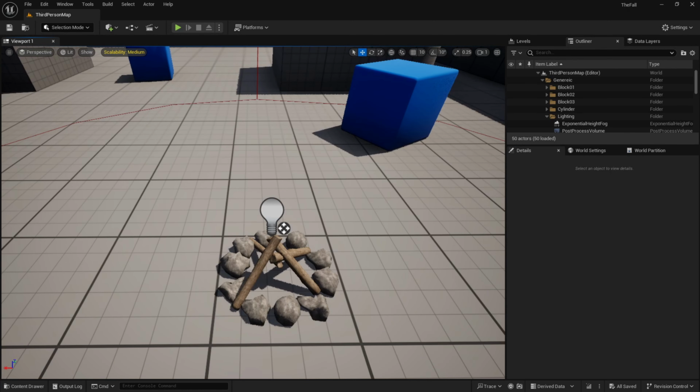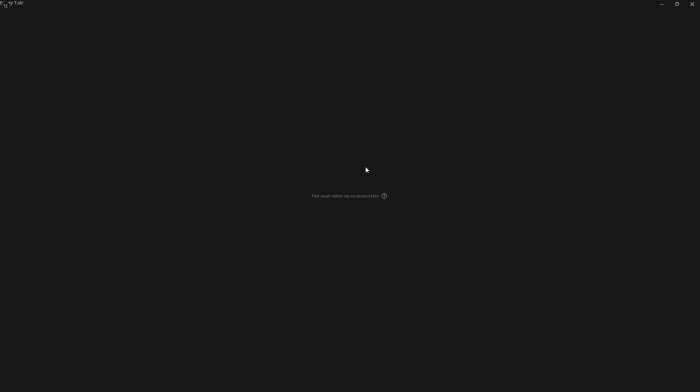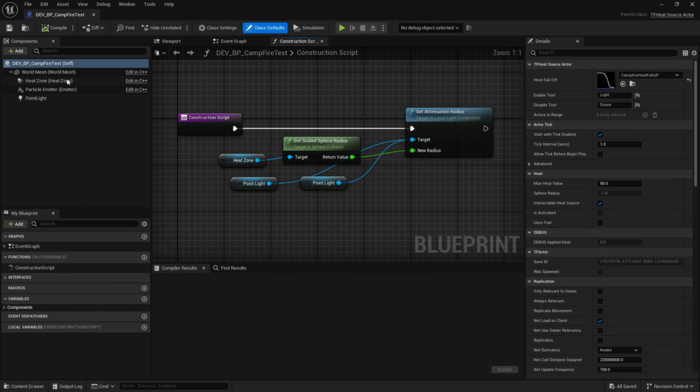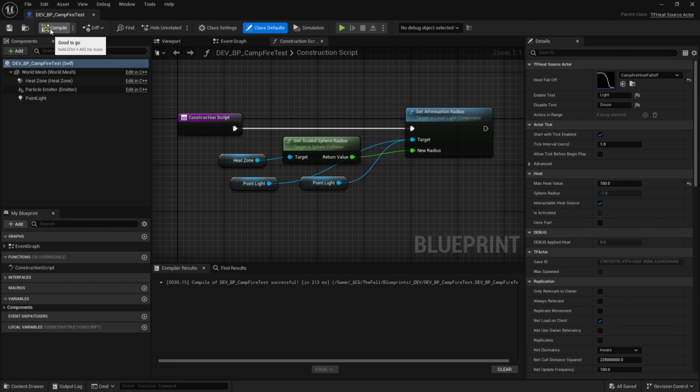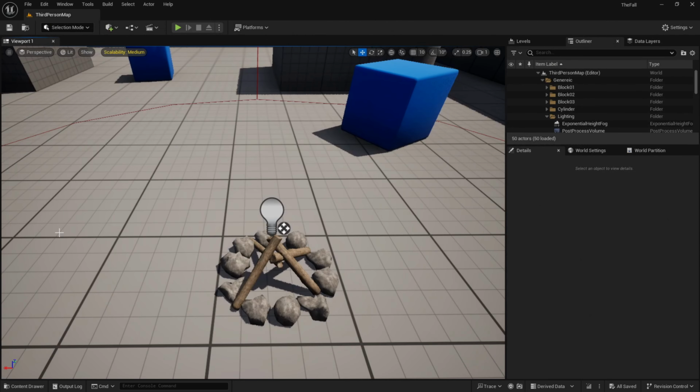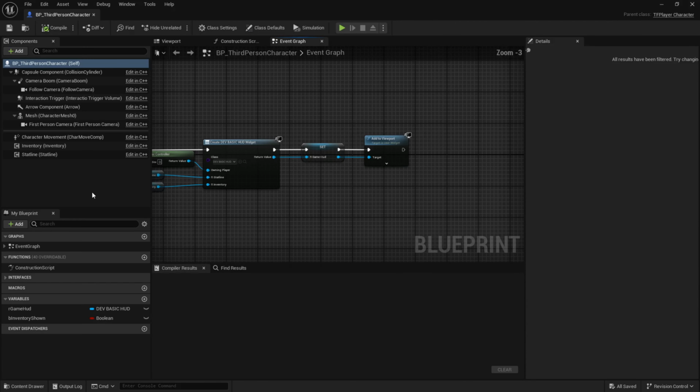All right, so we can open up our player character. Actually, I want to make an adjustment to this so we can actually get that heat value. Max heat value 100. It's actually more realistic as well. It's going to be over 100 degrees when you're standing right next to the fire. So yeah, bump that up, and then we're going to open up our third person blueprint